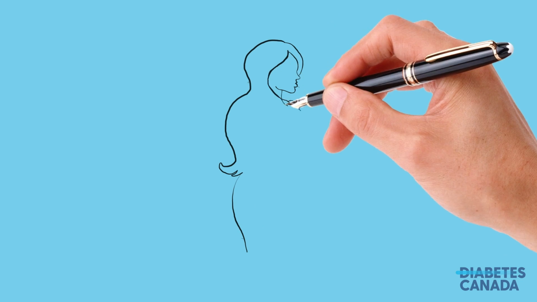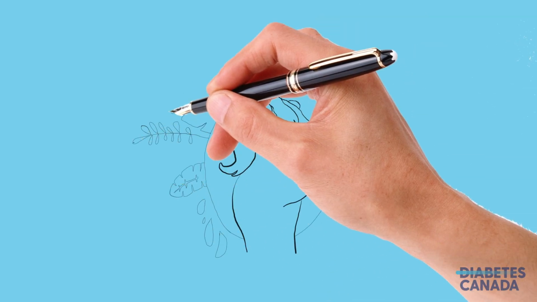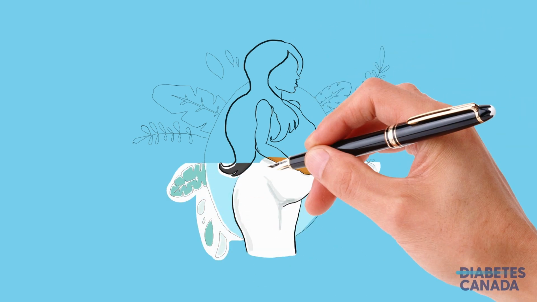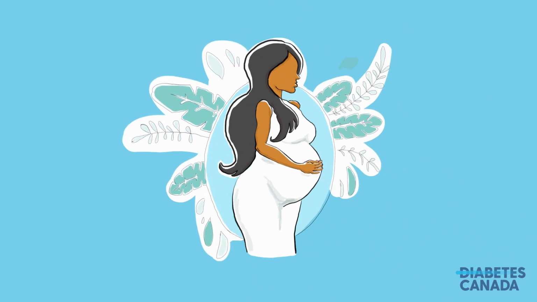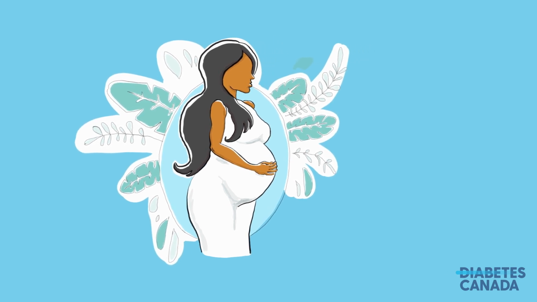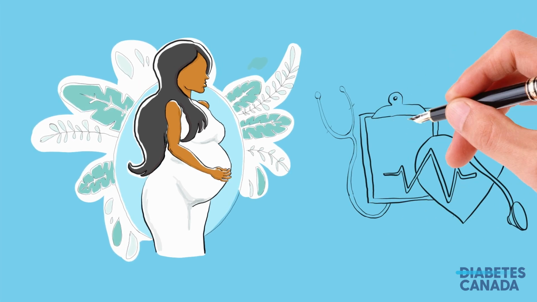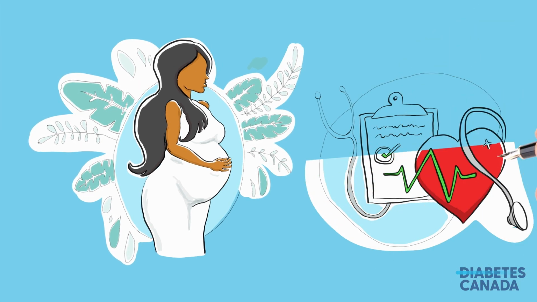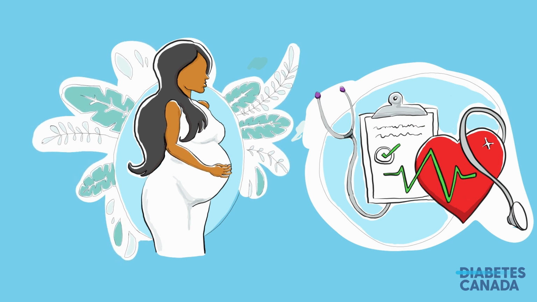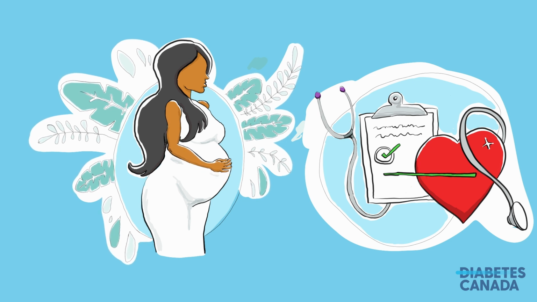You may be familiar with gestational diabetes, which is a temporary form of the condition that occurs during pregnancy in 3 to 20% of people. Gestational diabetes ends at the time of delivery, but the risk of developing type 2 diabetes increases after having gestational diabetes. So it's important to regularly screen for the condition in the years following. The management of gestational diabetes involves healthy behaviors, monitoring, education, support, and often medication.